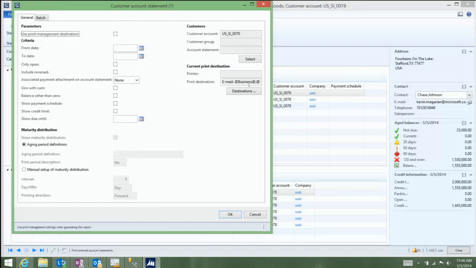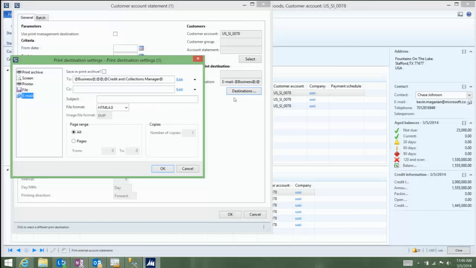So what I'm going to select to do here is I'll click on my Destinations button. What this will do is it'll bring up some new capabilities that we've got from an emailing standpoint that we built into AX. And basically, what this enables me to do